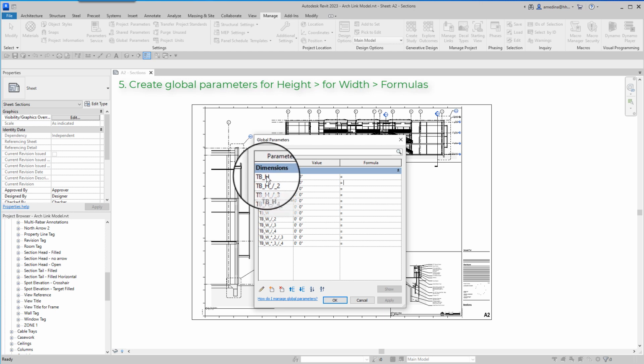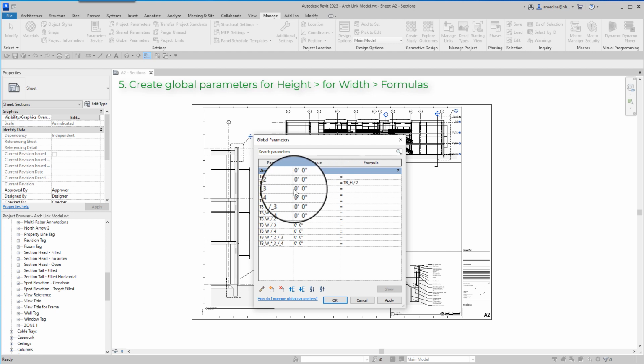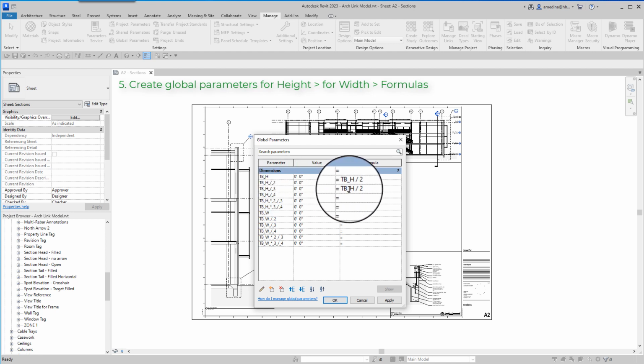So title block height divided by 2 is the name of the same parameter divided by 2, but without the underscores, right? So this one divided by 3 would be like this. This one would be like this.